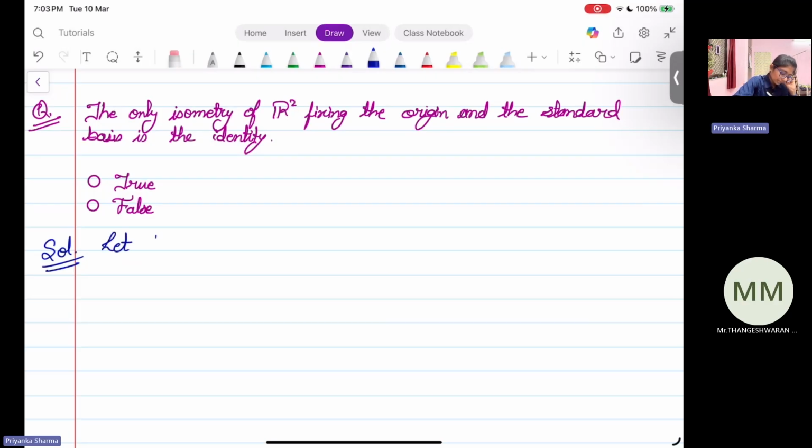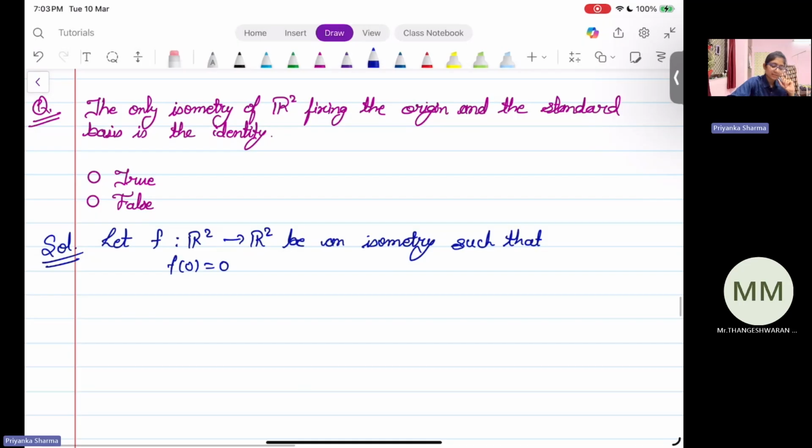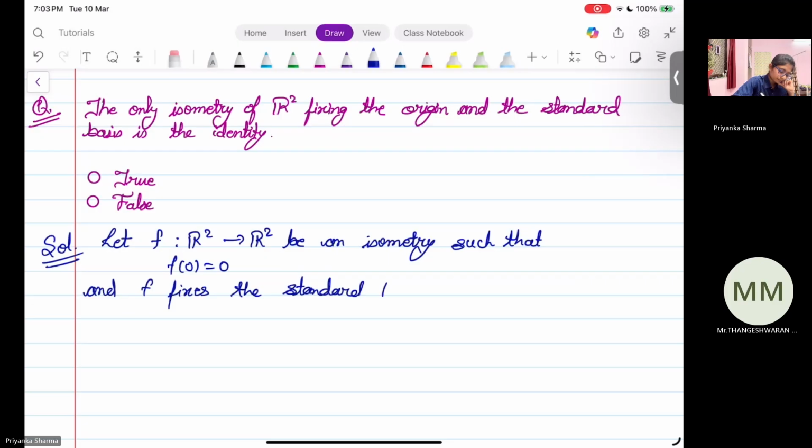So we are writing: let f from R² to R² be an isometry such that f(0) = 0, that is, it fixes the origin, and f fixes the standard basis, which is e₁, e₂, or (1, 0), (0, 1). Okay,